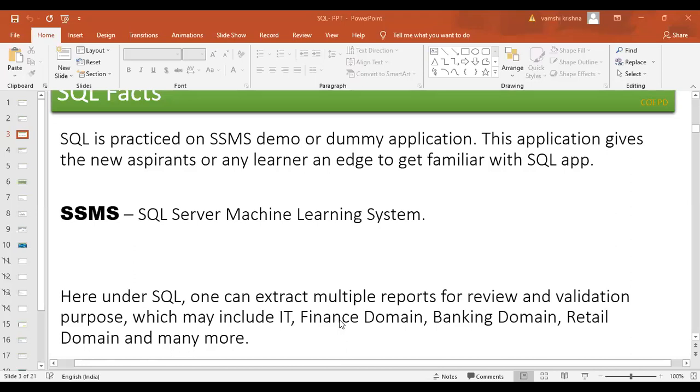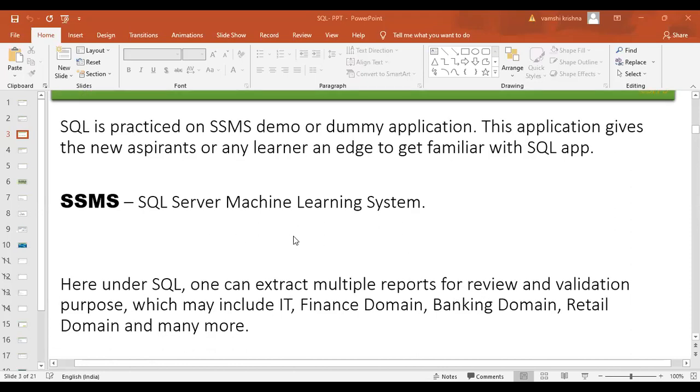Clear, guys? Okay, so this is where we will learn, and I'll also show you what kind of application we can install on the computer. You don't need any admin guy doing this. I'll explain how you can get this open source SQL system, and after some time I'll explain that as well.